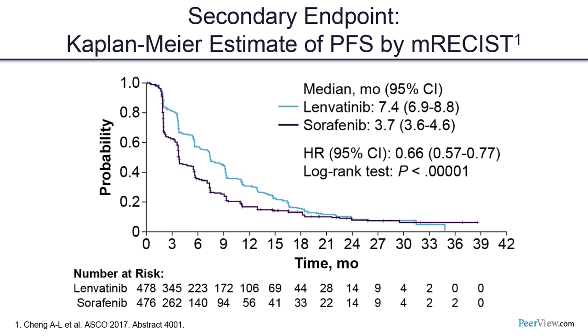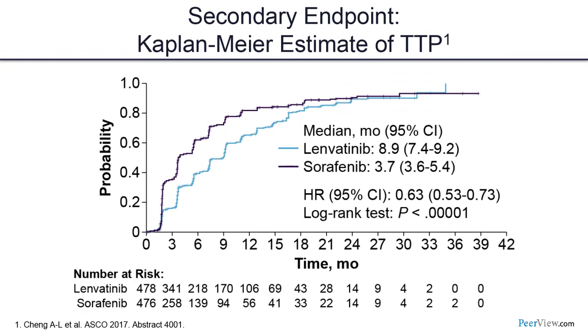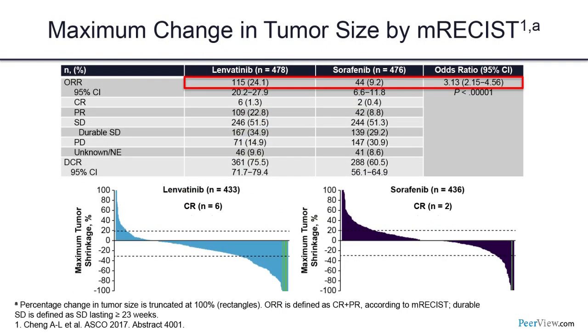Now, while it did not prove superior in OS, it did meet other secondary endpoints. And here you see essentially a doubling of PFS with Lenvatinib versus sorafenib, hazard ratio of 0.66. A doubling of time to progression, again, a hazard ratio of 0.63. And very provocative, we saw a significant response rate, probably for the first time in a randomized study with a